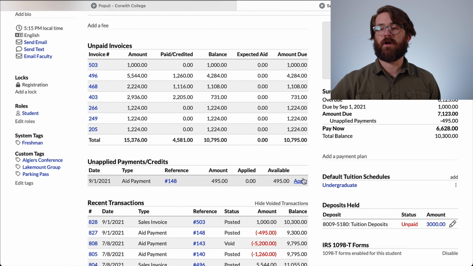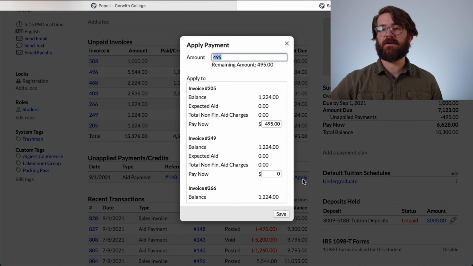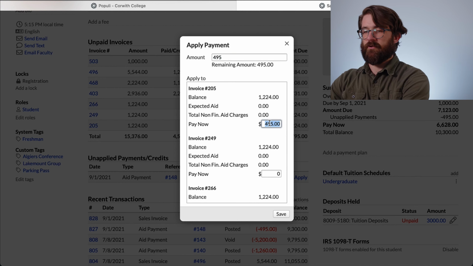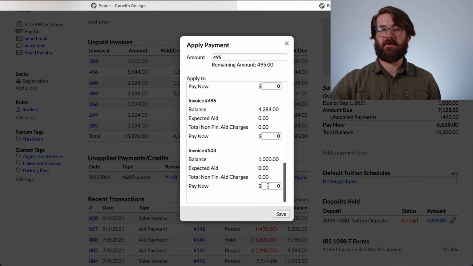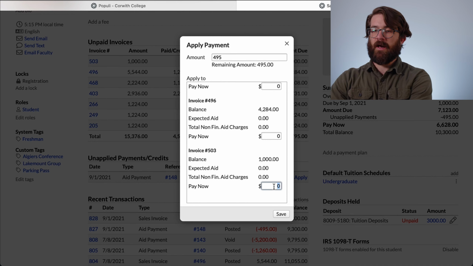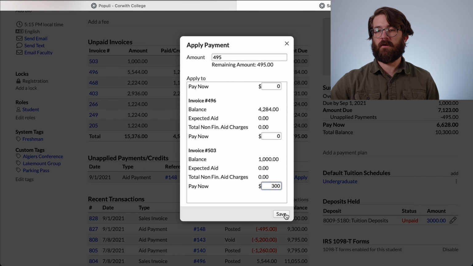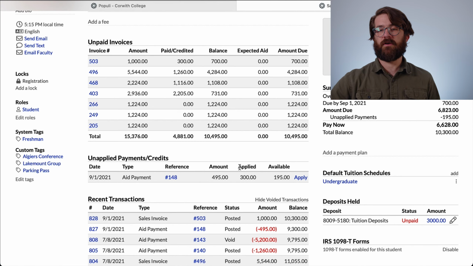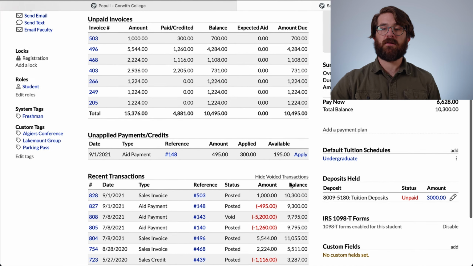But we're going to show you what it looks like if that's not showing up there. I'm going to point this directly at that $1,000 invoice within that same term, and I'm going to apply $300 of this here. Okay, so you can see we still have some money left over,